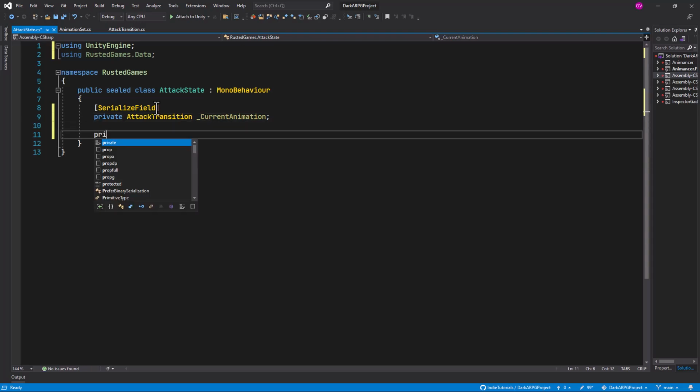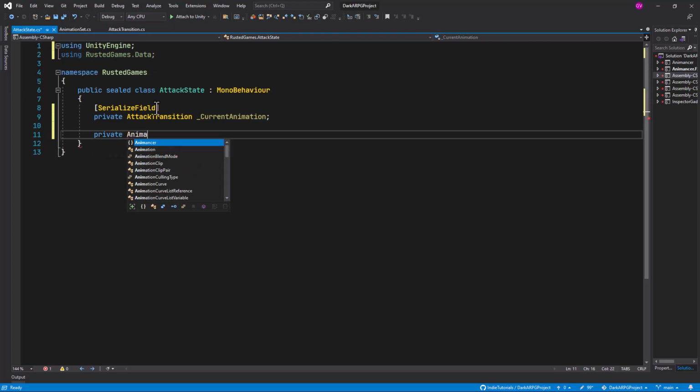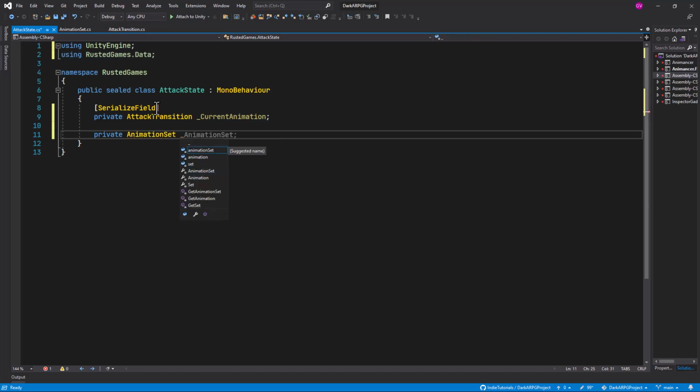Then we need to store the current animation set, animation set, and let's call this one